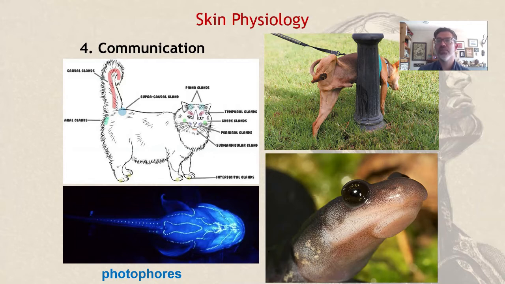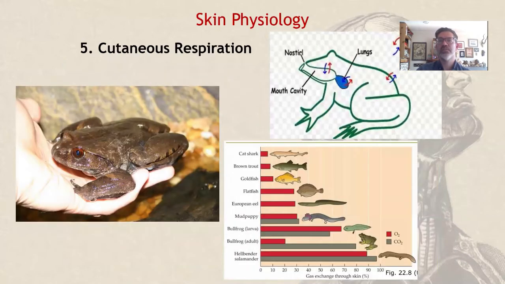Lastly, animals, particularly those in the deep ocean, have little pores filled with bacteria that can be chemically provoked to produce light. These dots over the body of the animal are called photophores and may function to attract or confuse. One last function of the skin is cutaneous respiration, that is, breathing through your skin. Only fish and amphibians do this. One species in particular, called the hairy frog, has a special form of cutaneous respiration.